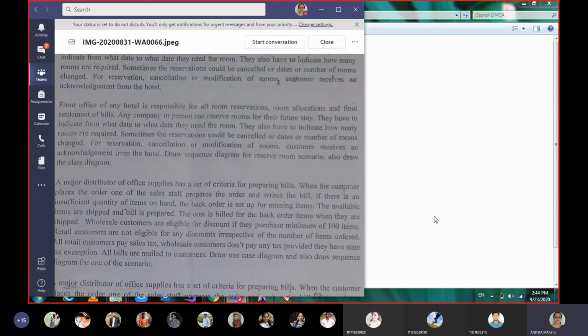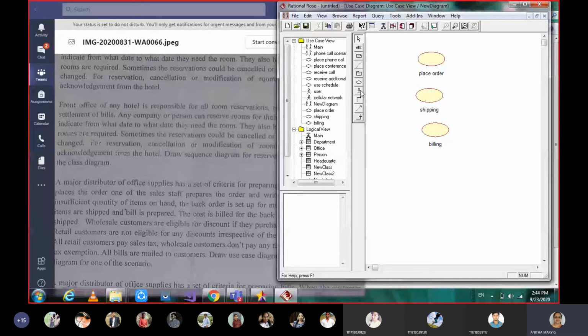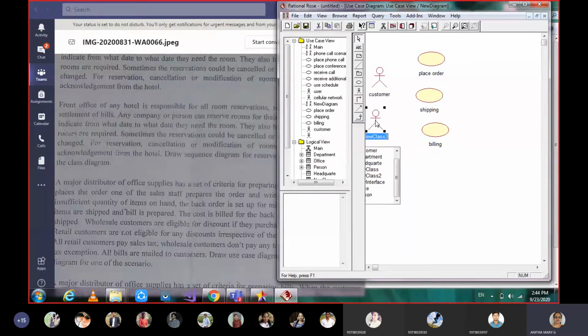Okay, so let's think these are the three use cases. And then when we are talking about the actor, who is the actor? The actor is nothing but the customer. Here we have two types of customers: wholesale and retail.